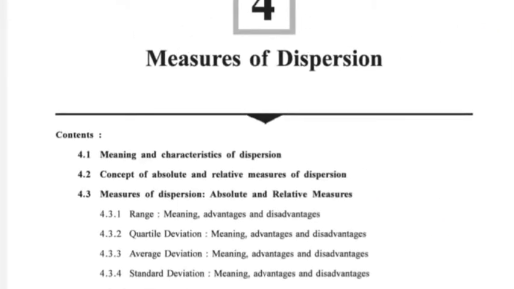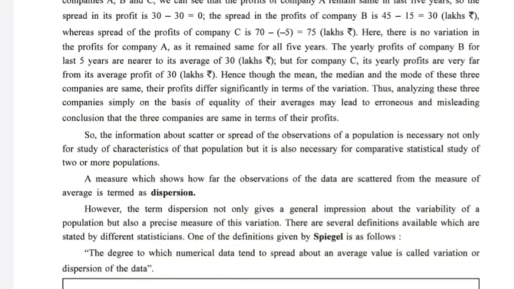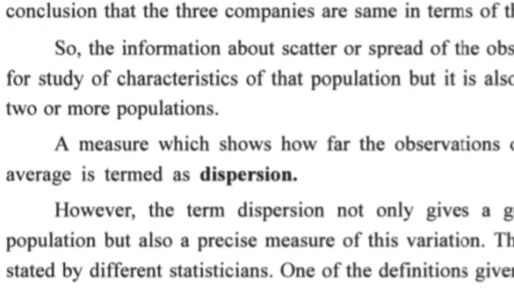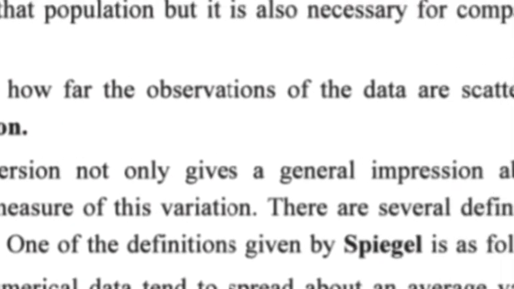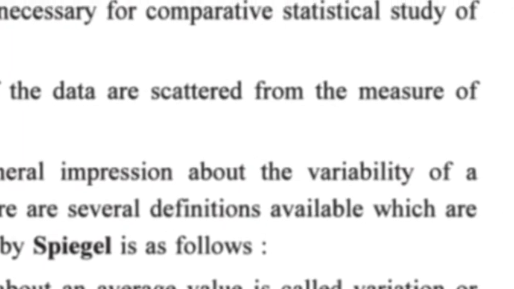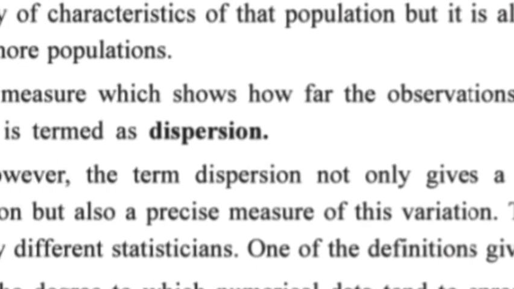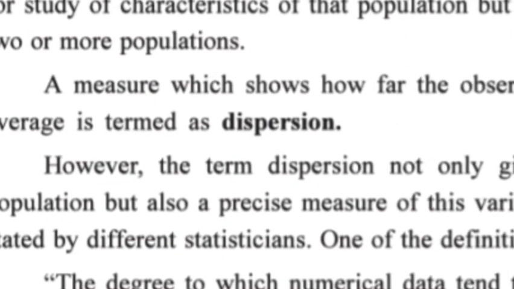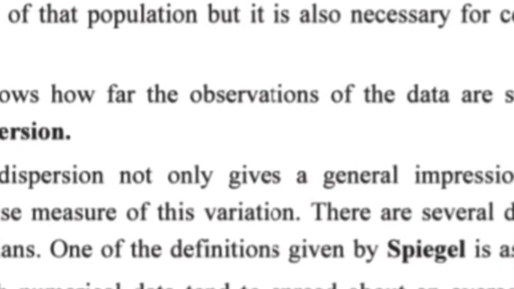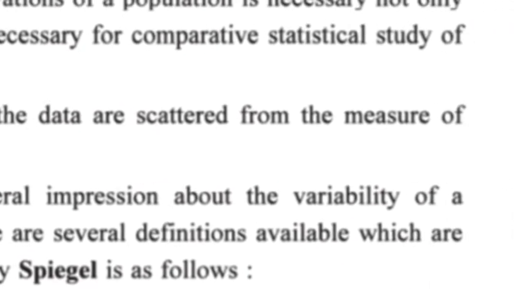So first of all, let us get on with what we mean by measure of dispersion. Here children, now we'll see what we mean by dispersion, or measure of dispersion. As the definition goes, a measure which shows how far the observations of the data are scattered from the average is termed as dispersion. I repeat, a measure which shows how far the observations of the data are scattered from